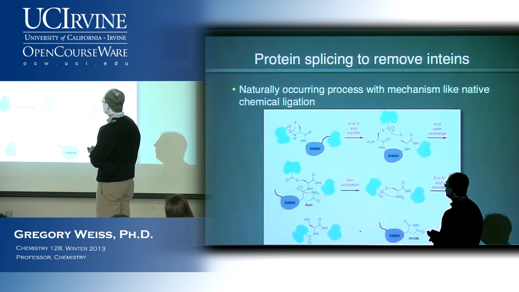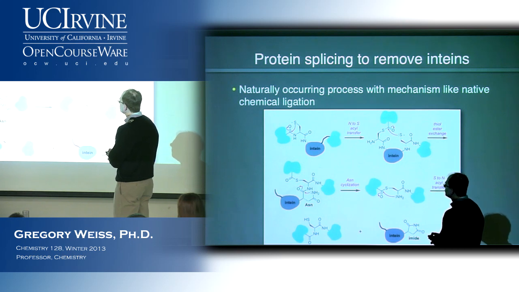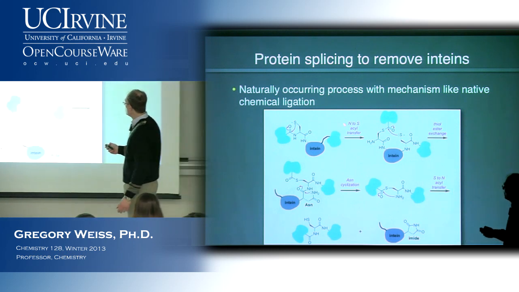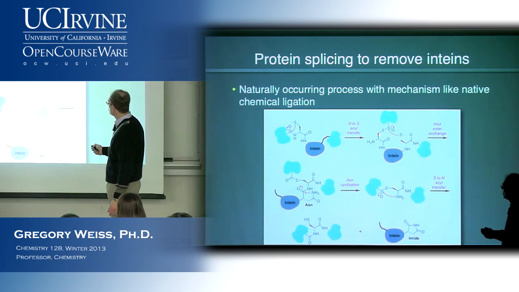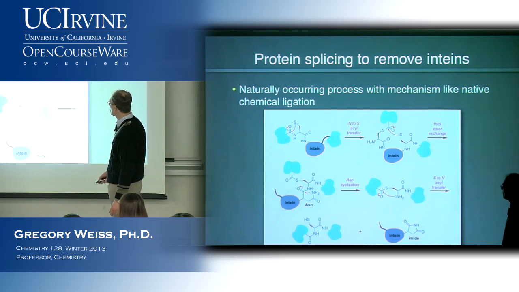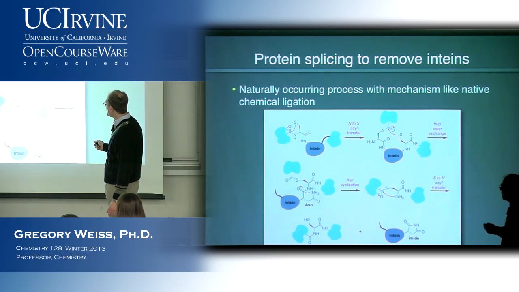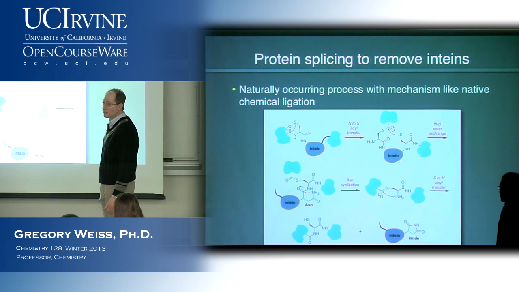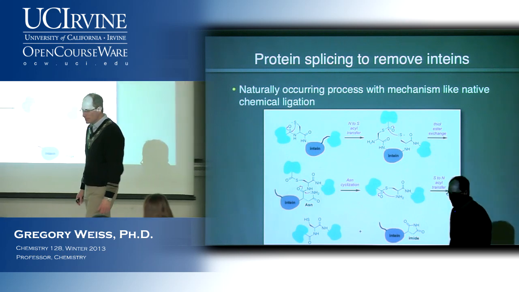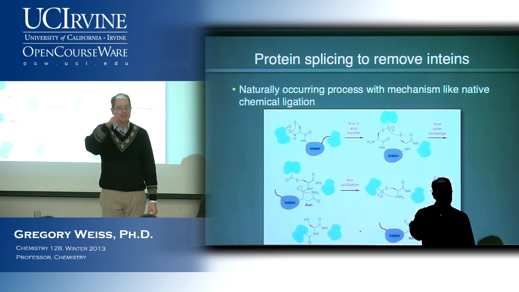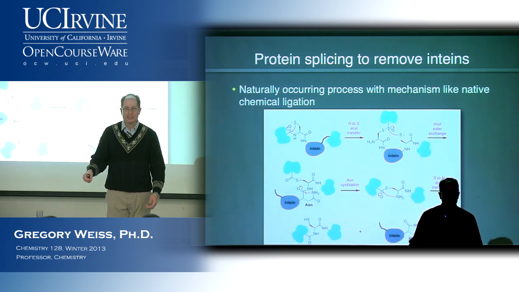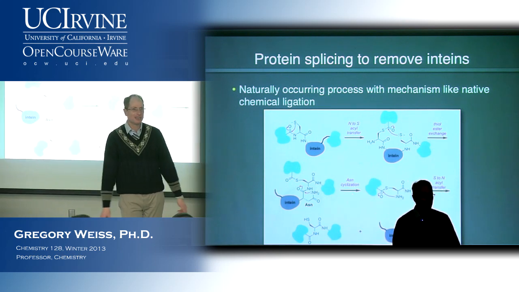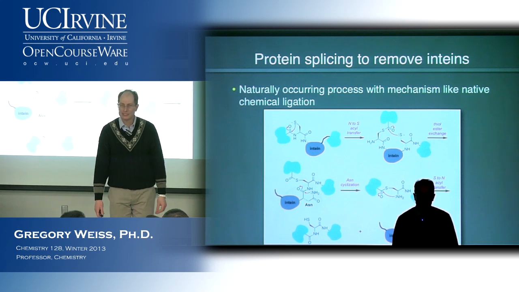Okay, so this thiolate can now attack the backbone of the extein. Okay, when that happens, you get this intermediate structure, and then by an N to S acyl transfer, this other flanking cysteine can attack this thioester. Okay, so this is kind of like, I don't know, it kind of reminds me of like a trapeze artist. Okay, we're going to basically be passing off an activated carbonyl. We're passing it off from one person to another, etc. Okay, so high wire act.